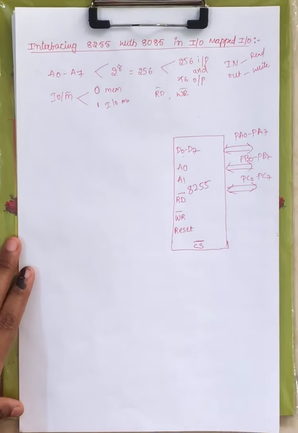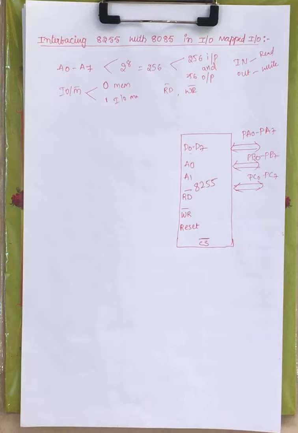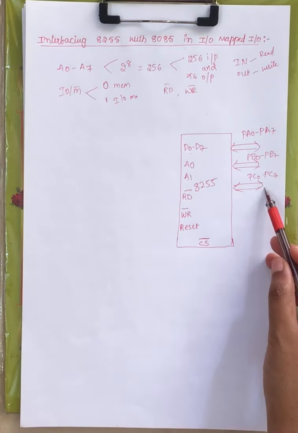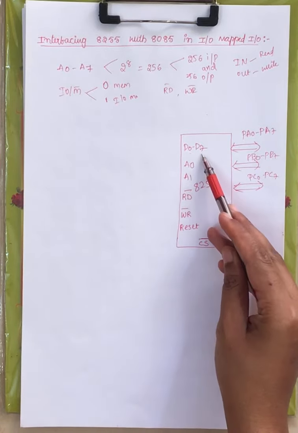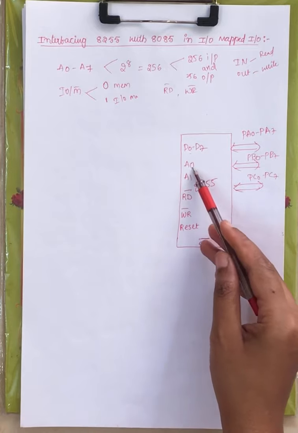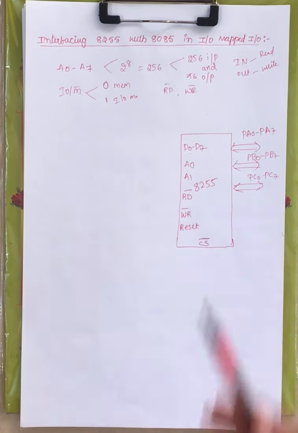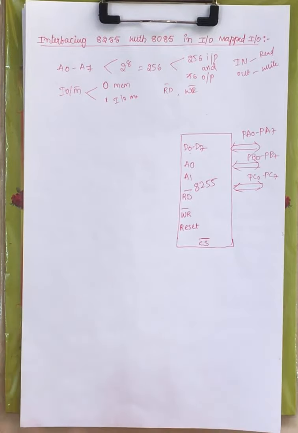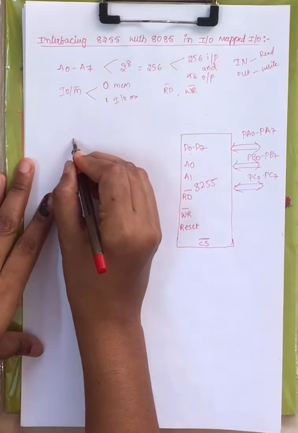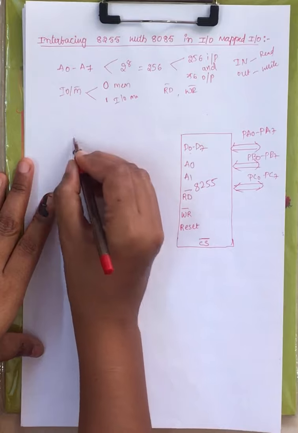Now all pins I have represented in brief manner. Here you are getting 24 pins. 24 plus 8, 32, 33, 34, 35, 36, 37, 38. Now what are the remaining 2 pins? You have VCC, plus 5 volts of power supply can be connected at that pin. We need not represent it here. And another one is ground. For ground reference we are using that particular pin. Now this is the pin description of 8255.